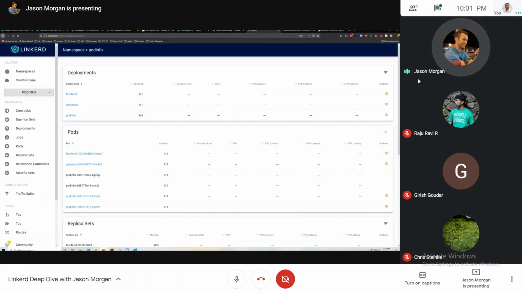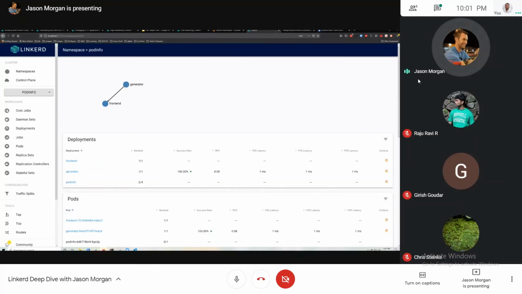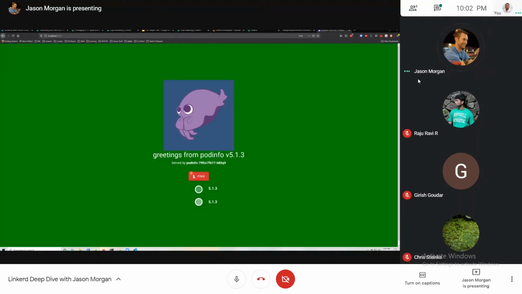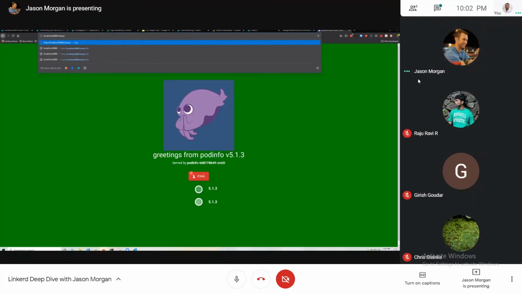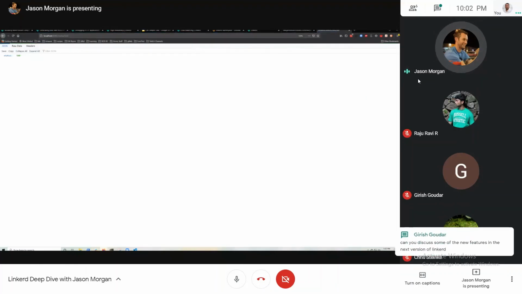Right, so I don't lose anything if I already have a running app, but now I've got details. I've got a service map, I've got details about the success rate, all those golden metrics I need to see how I'm behaving. And say I start getting an error, so this is a neat app that'll allow you to do error codes. So if I start getting some errors, right, some 500s,